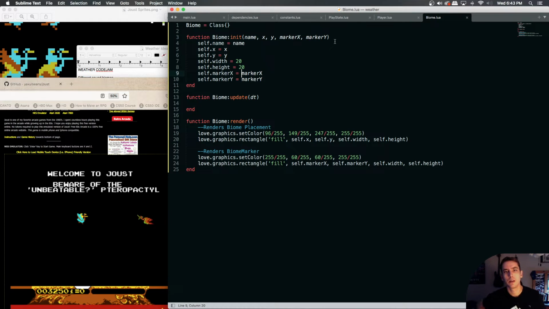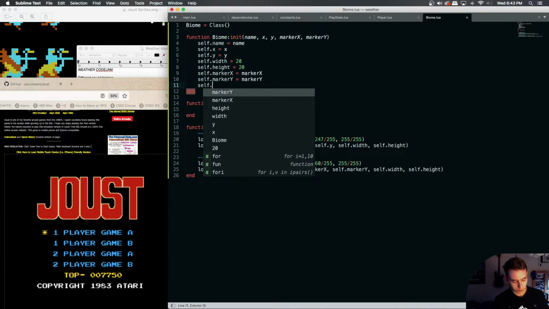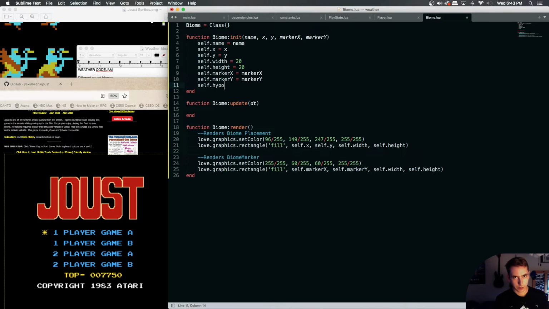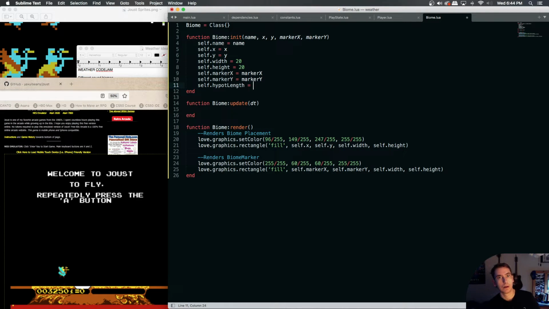Like we should say, once you init this object, we get a field called hypotlength, and that gets assigned to, and then we literally need to do the Pythagorean theorem on our given parameters. So we need to say,